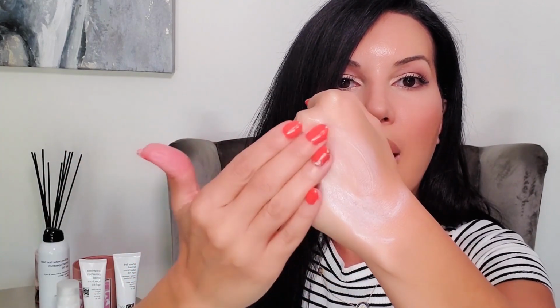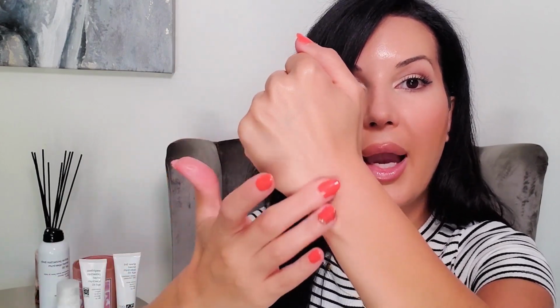And again, I'm using a little just so you guys can see because it will cover this area. So this is more for dry skin. This is hydrating. Again, guys, there's no white cast. It's a little bit more creamy. So again, great for dry skin, normal to dry skin. So I think the two that are a little bit more rich is the Hydrator Plus and Daily Defense,